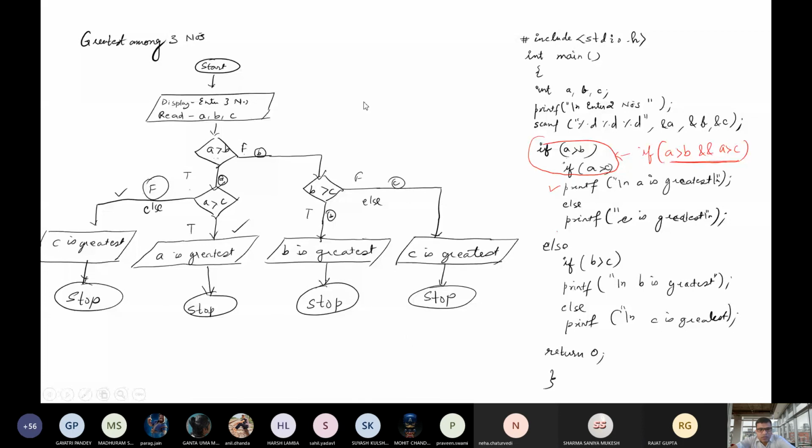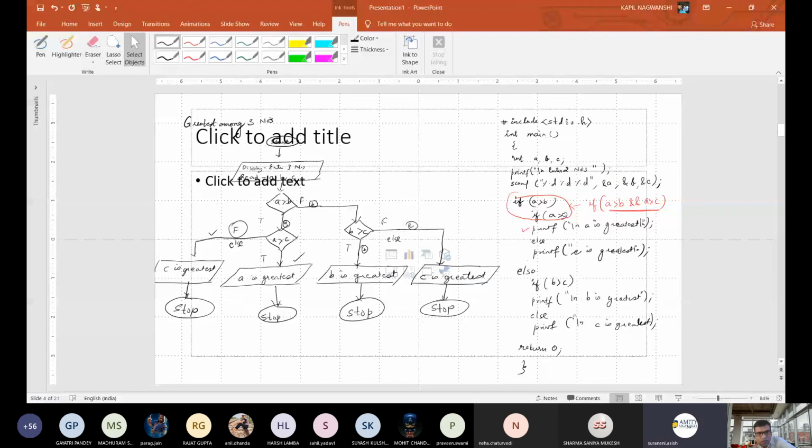Excuse me, sir. At first, if A is greatest, after that we use slash n. But at the second, if B is greater than C, we haven't used slash n after greatest. One minute, because I'm not getting your sound. Now let us speak once again.